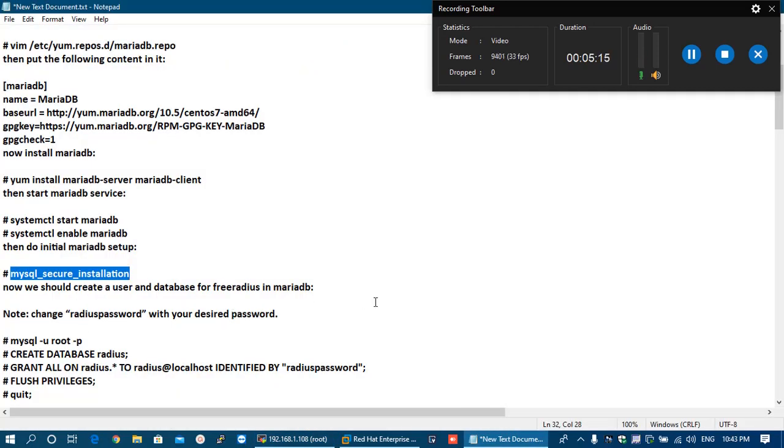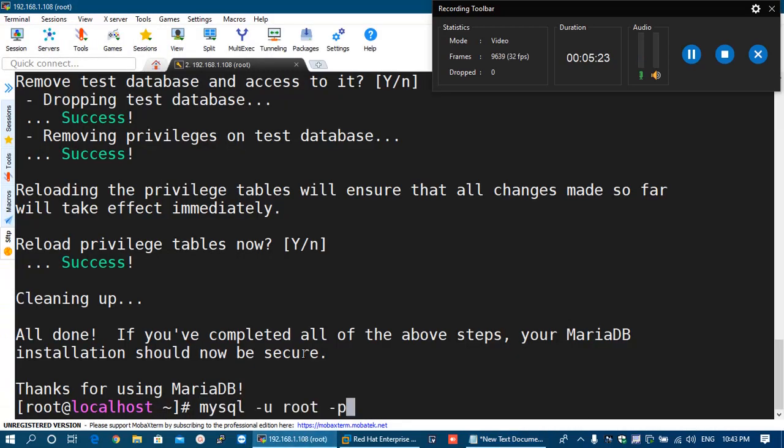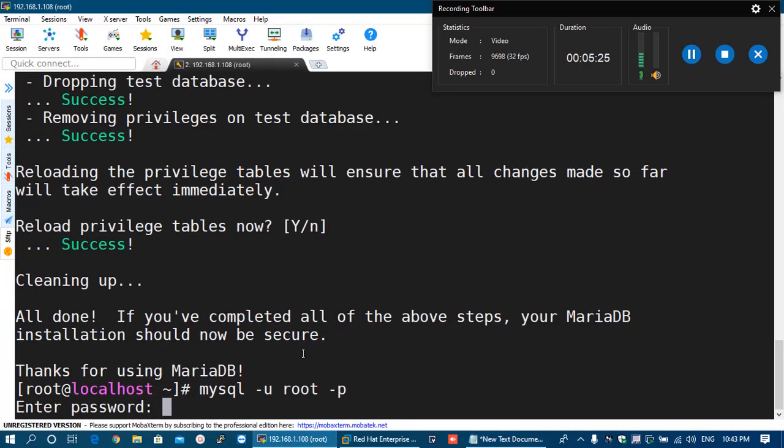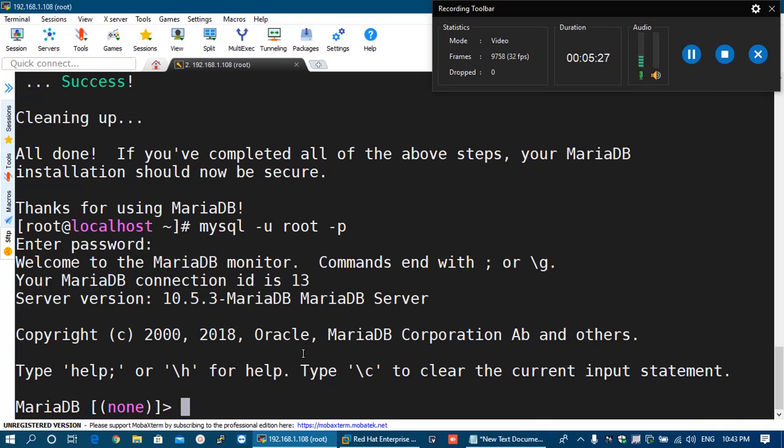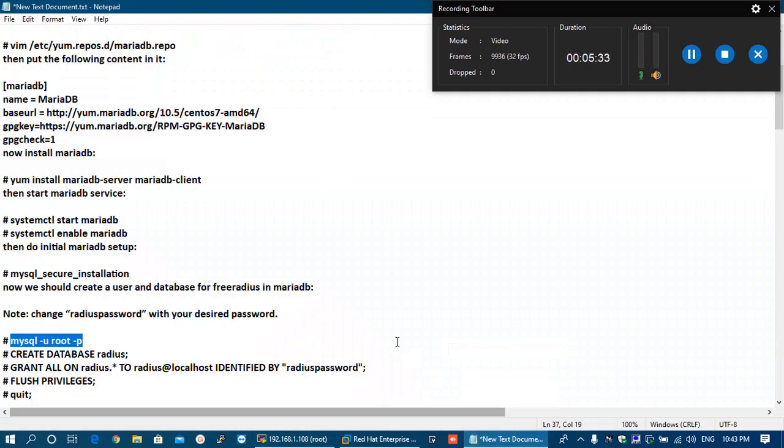Now what we will do, we will run the mysql -u root -p command. This command will allow us to enter MariaDB after providing the root password, which we have set earlier. Now we will create the database with the name radius here.